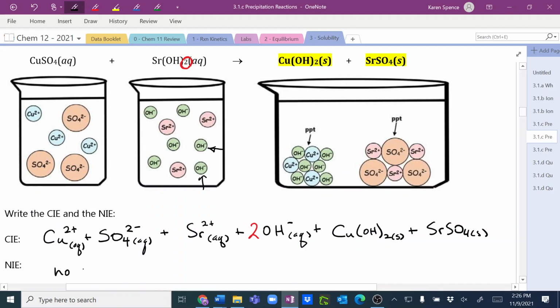There are no spectator ions. So in this particular case, there's not going to be any difference between the complete ionic and the net ionic equation. So anytime you have 2 precipitates, they'll be the same. Okay, so